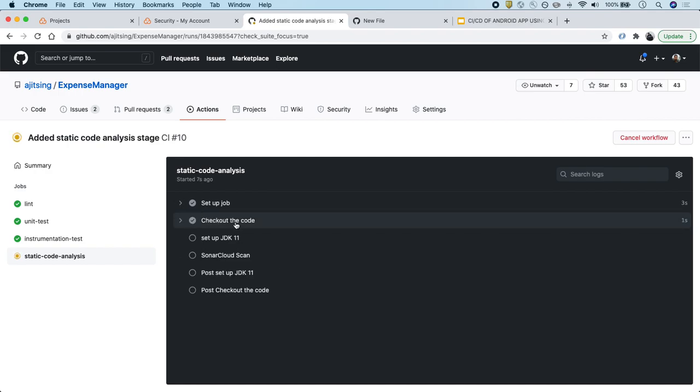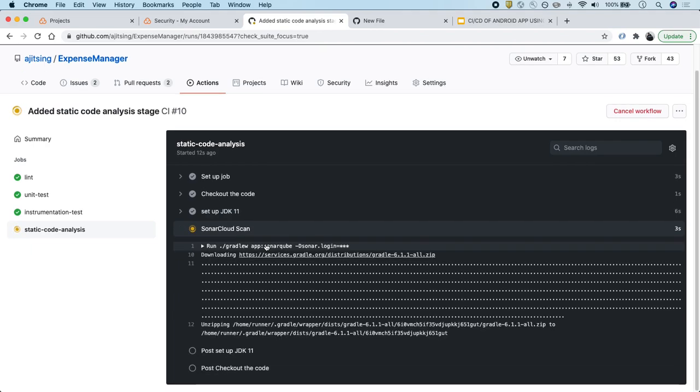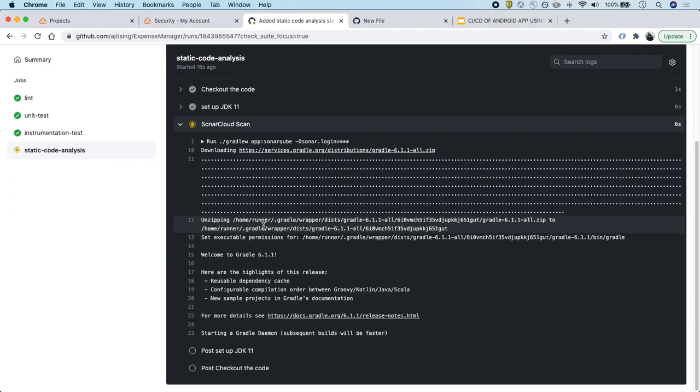First thing it will do is to check out the code base, then it will set up the Java version. That is also done. Now it's running the Sonar Cloud Scan. Okay, it has started the Gradle task. It will take around 1 minute to complete. So let's wait for that.